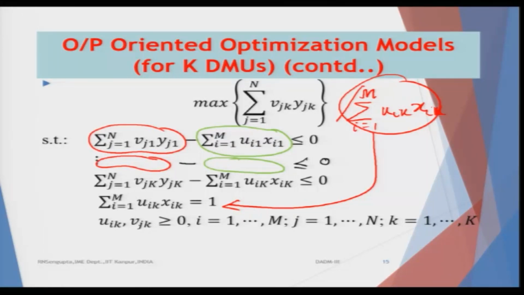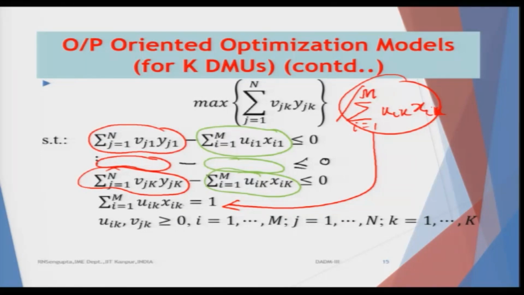Similarly, for the third one, bundle of outputs minus the bundle of inputs is less than or equal to 0. I continue till I reach the kth one, which is the bundle of outputs for the kth DMU, which is the 10th one, minus the bundle of inputs for the kth one is less than or equal to 0. And this one, which I have already discussed, the denominator from the objective function has now come into the constraint,